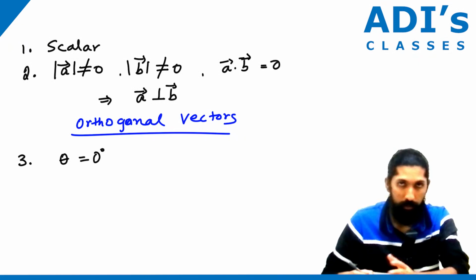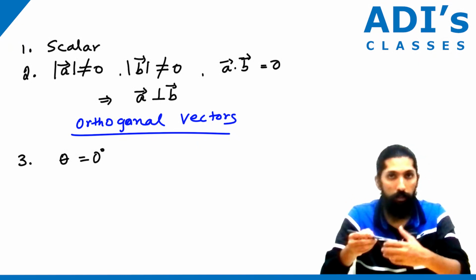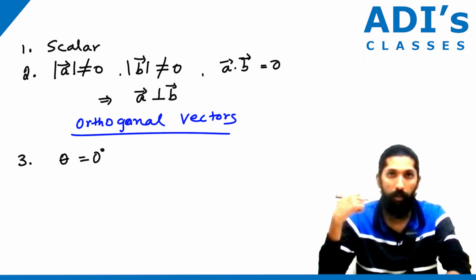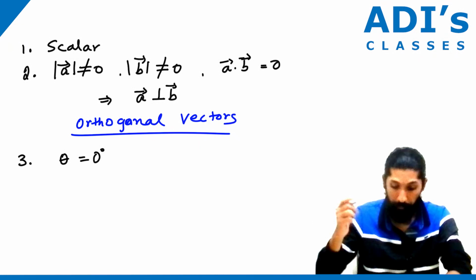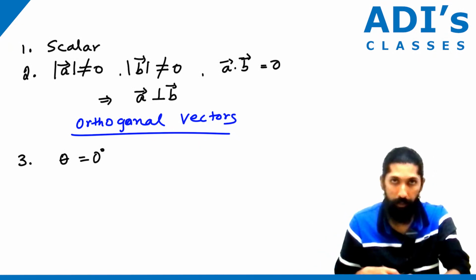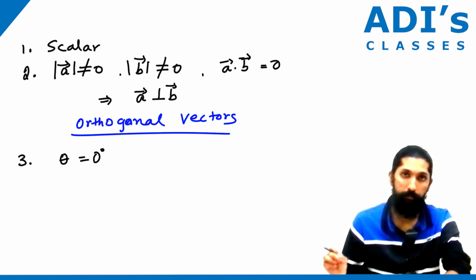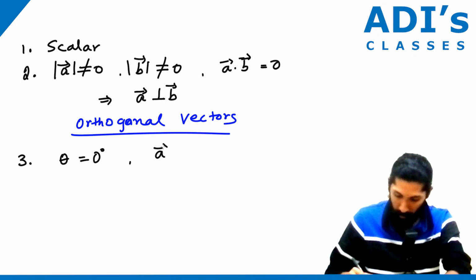Okay. Assume that theta is 0 degree. Now, if the angle is 0 degree, they are collinear, correct? Either they are parallel or they are collinear, isn't it? That means in this case, the dot product between the two vectors is going to be maximum. In the sense, here vector A dot vector B is equal to mod of A into mod of B,